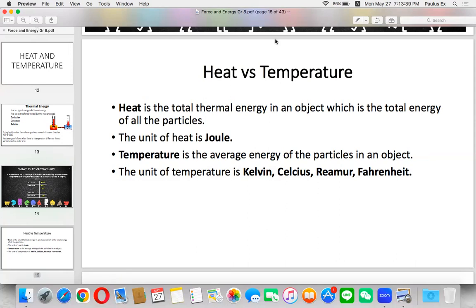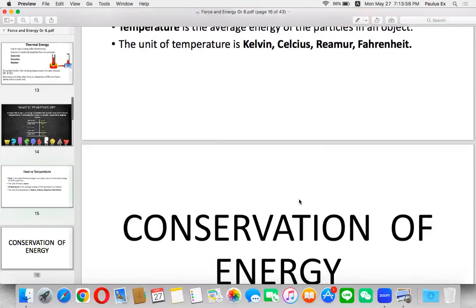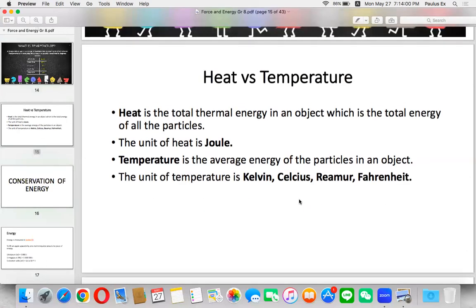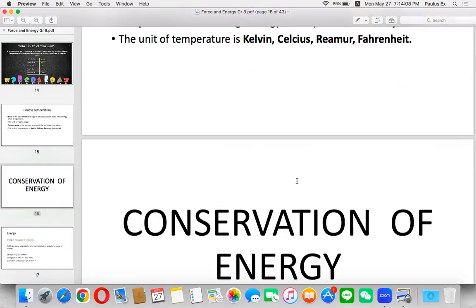When we find Reamur, we have to change it. Reamur is 4 compared to Kelvin, which is 9. We change it first, 4 over 9, and Fahrenheit. Kelvin is 9, right? Yeah, I'm pretty sure, sir. Okay, I forgot the Kelvin, maybe 9. And then Fahrenheit 9, Kelvin is the same as Celsius, and then plus 273.